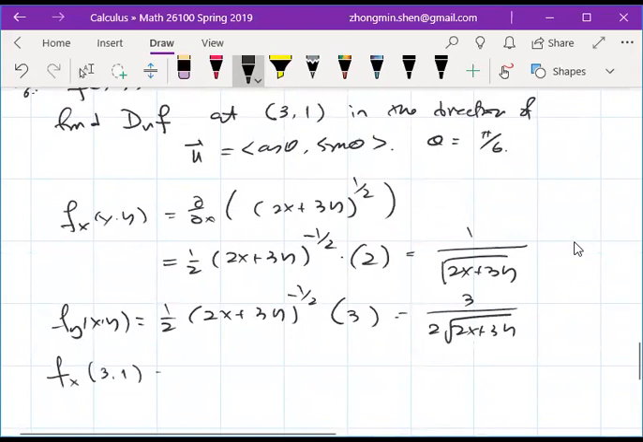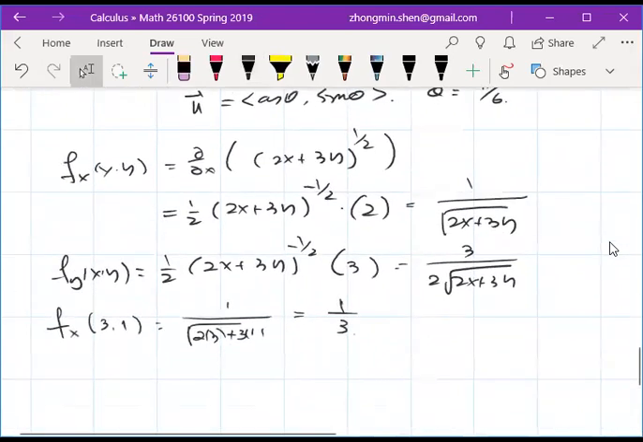At the 3 and the 1, so what is 3? 2 times 3 is 6, and 3 times 1 is 3. So 6 plus 3 is 9. So that can be 1 over 3. And the same